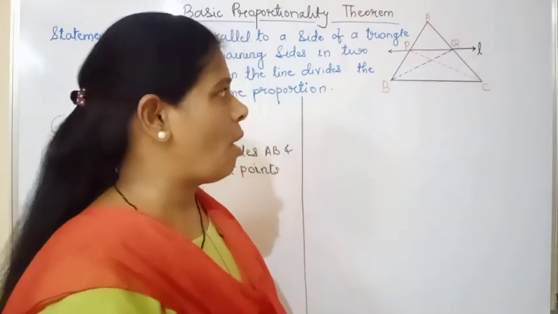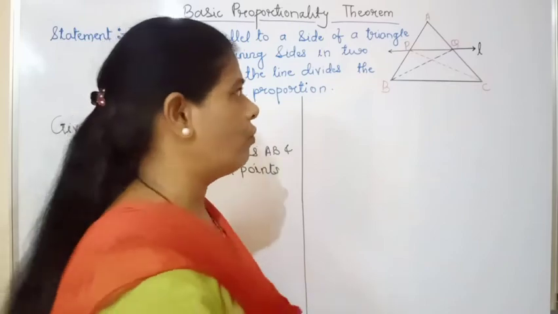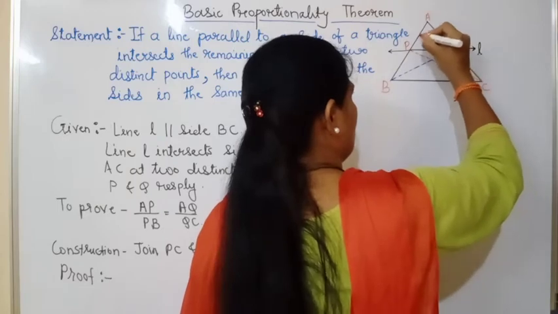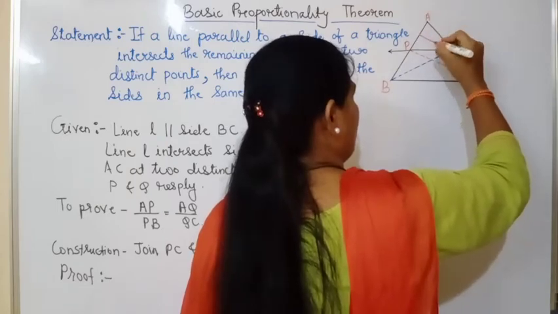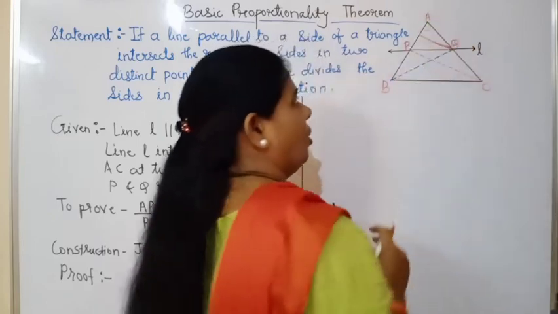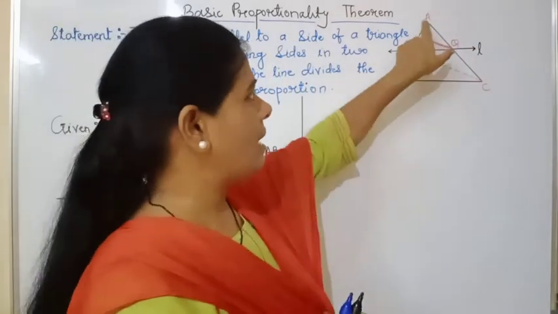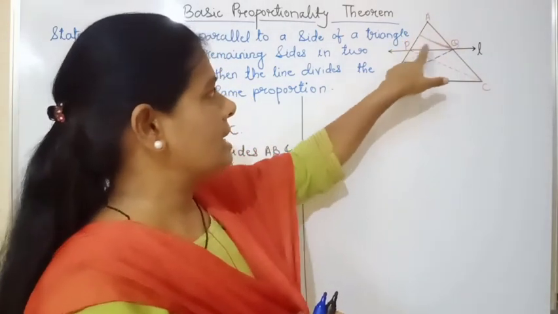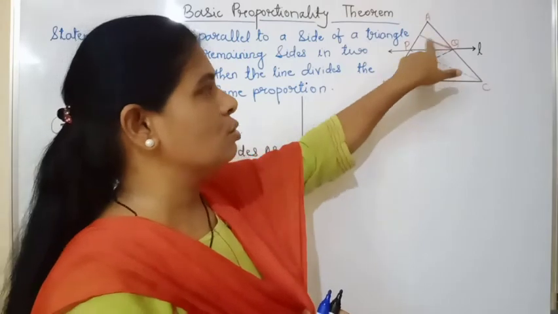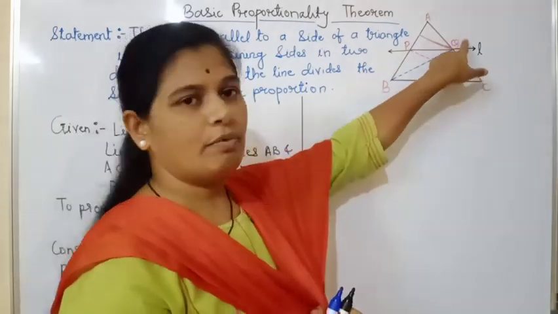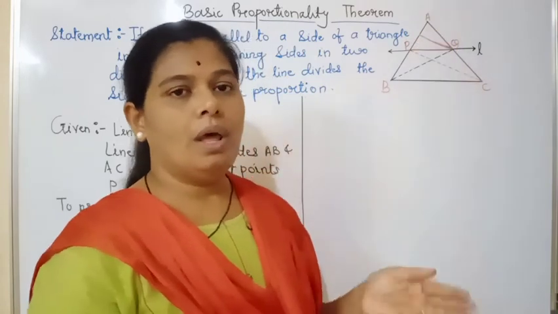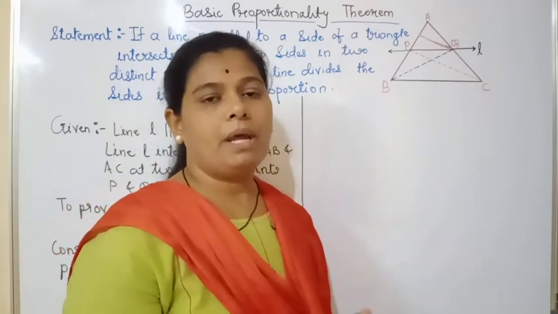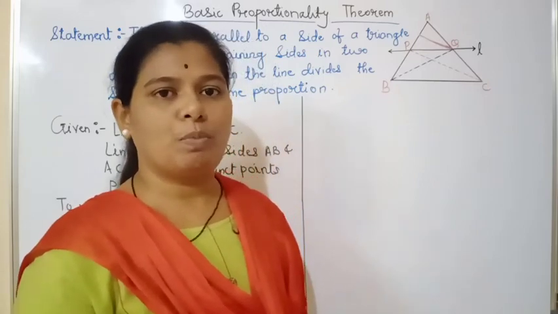Due to this common vertex, if we draw the height from point Q, what will happen? I just draw it. If we draw this height from point Q, we are able to see that for triangle APQ the height is the one which I have drawn, and for the second triangle, PBQ, the height is also the same. As there is a common vertex Q, their heights are equal, and so we go towards the statement: if the heights are same, then their areas are proportional to their corresponding bases.